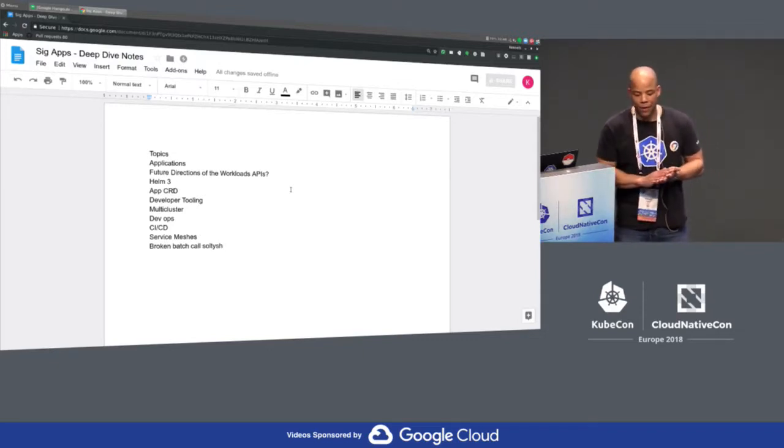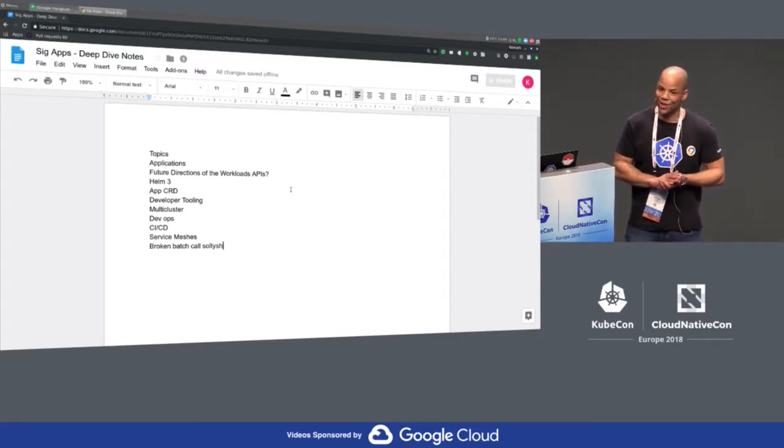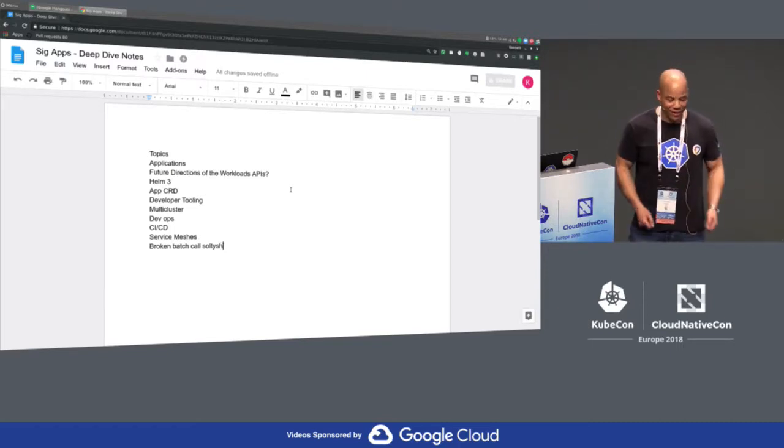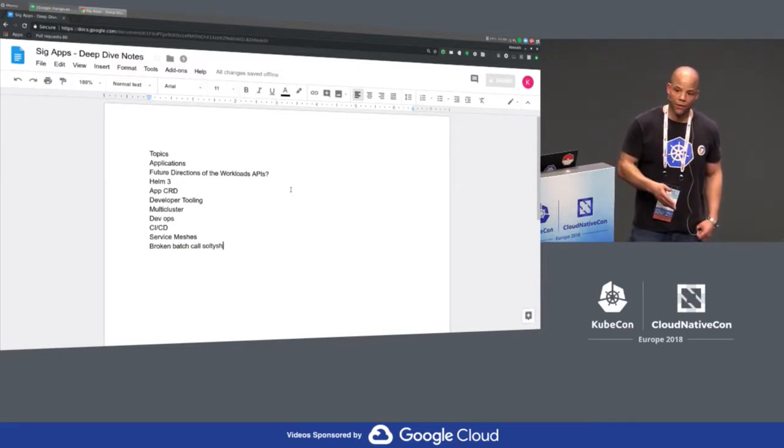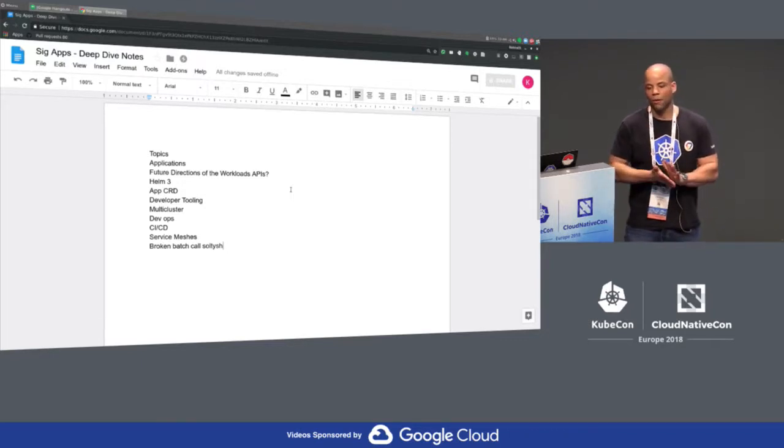StatefulSet was always a promise of no batteries included. You have to bring a little bit of spit and duct tape for your application in order to wire it in and get it to work, right? But we were talking about this yesterday, about doing something specific to make it a little bit easier to run Elasticsearch natively on a StatefulSet and to be able to block the rolling update when it is under-replicated. There are entire categories of distributed systems that would benefit from that type of feature. So we're thinking about that.